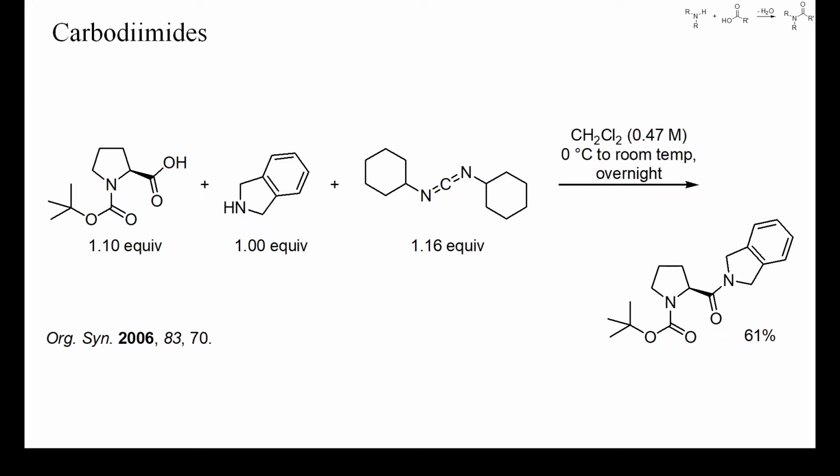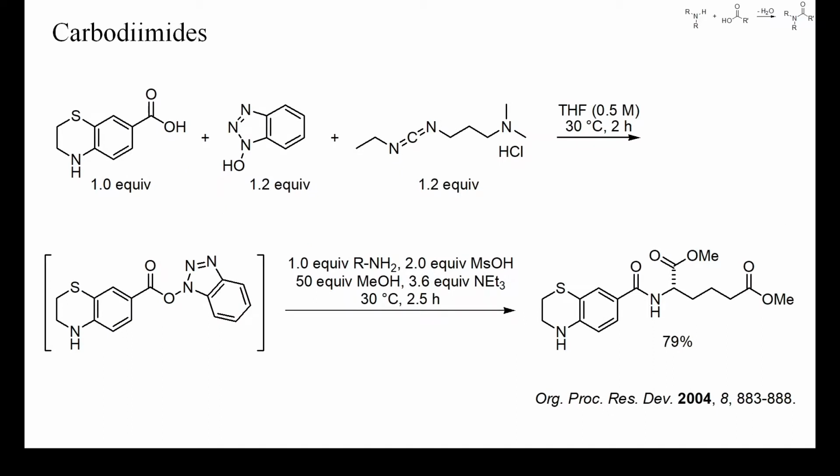This is an organic synthesis example of the preparation of an amide with a carbodiimide alone, without any additional acid. Accordingly, the yield was not high and some N-acyl urea was probably also formed. Dicyclohexyl carbodiimide does not hydrolyze readily, but the resulting urea is difficult to remove by extraction. Therefore, other carbodiimides such as diisopropyl carbodiimide or the water-soluble ethyl dimethylaminopropyl carbodiimide are usually preferred.